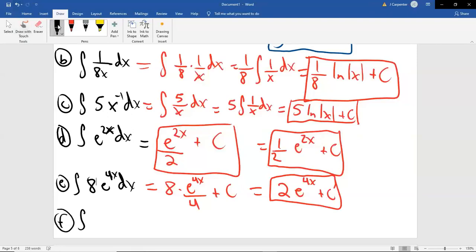The integral of 5e to the negative 3x. Now I might say, oh, negative exponent, bring it to the bottom. Definitely not. If this e was in the bottom, you'd bring it to the top, no matter what the sign of the exponent was. The 5 does nothing. Leave it out front.